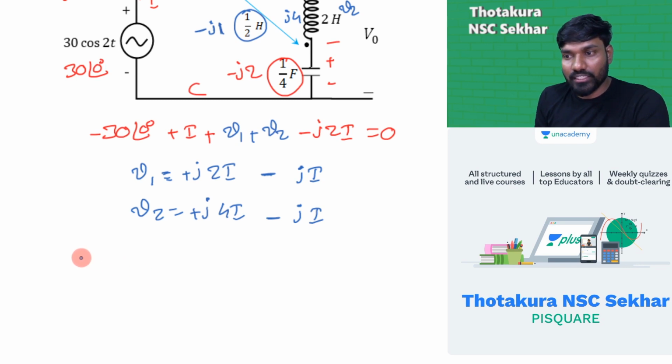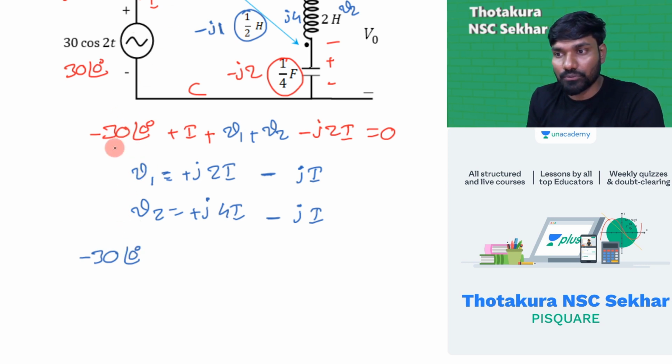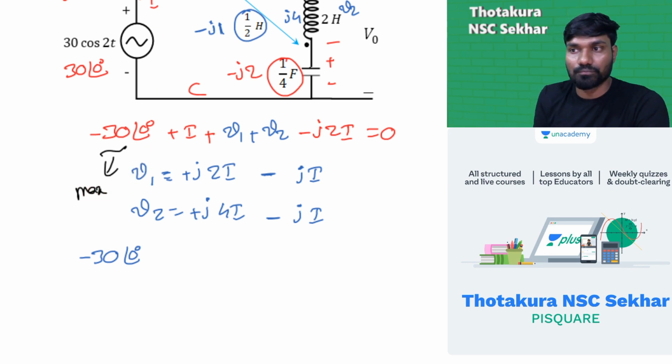Means I'm substituting here minus 30 degrees, minus 30 at an angle 0 degrees. Here the important note is this is a maximum value. The voltage we have considered is a maximum value. That's the main point. Next, plus